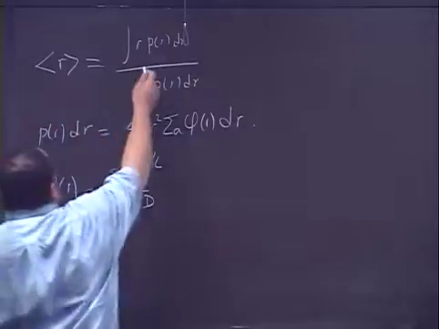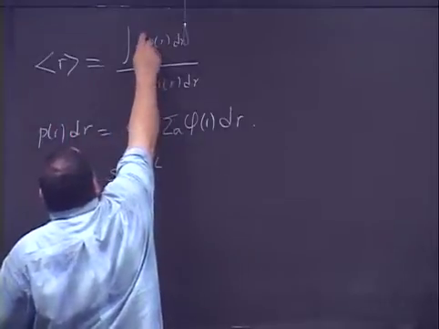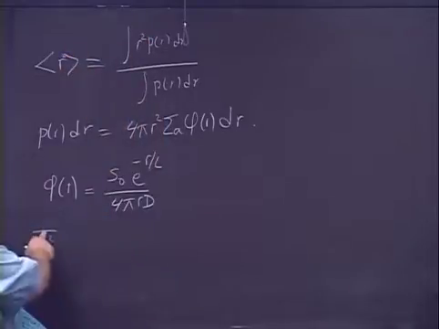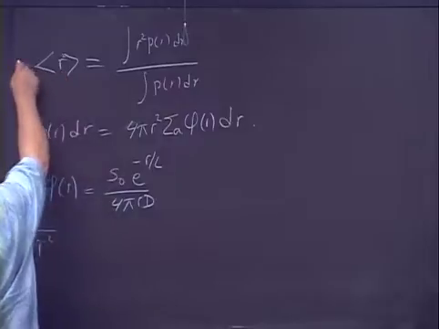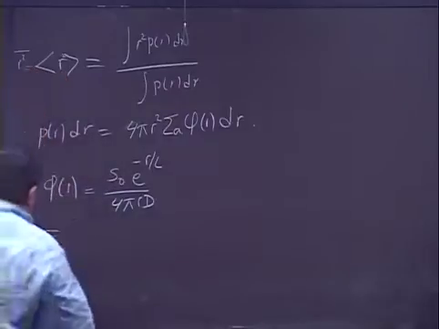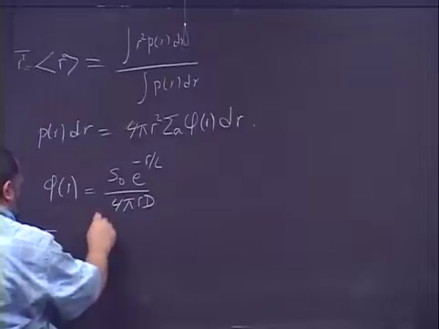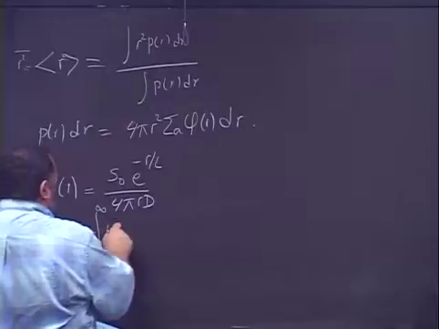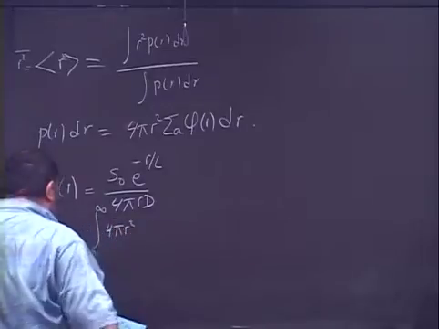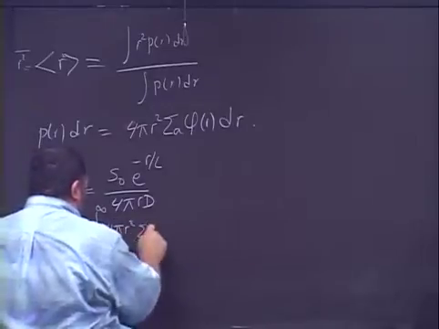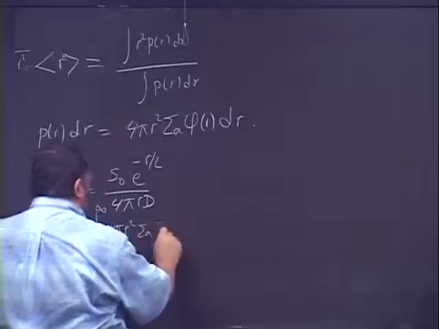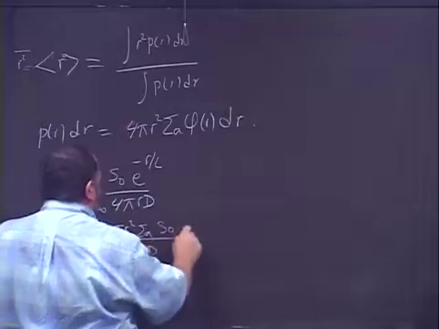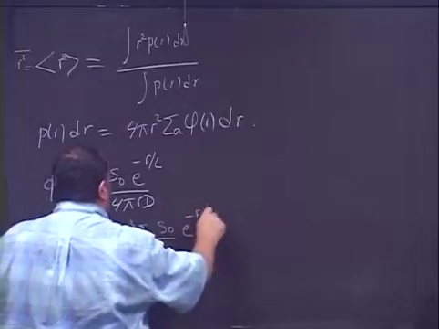So let's say you choose r square average. You can write the average either like this, or like this. So r square average will be just the integration from 0 to infinity, because you are in an infinite system, of 4 pi r square multiplied by sigma absorption multiplied by the flux. The flux is nothing more than S naught divided by 4 pi D, e to the power of minus r over L,